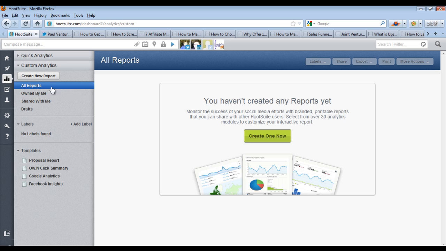So, lots of options there with the reports, and you can get more quick analytics on your clicks and everything, and people's interactions with your social media with that tab there. So, pretty cool. And now I'm going to go up to the